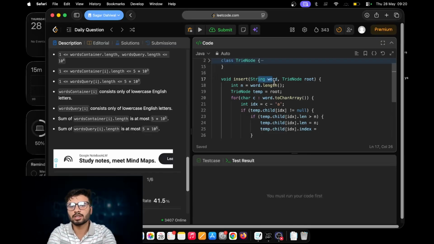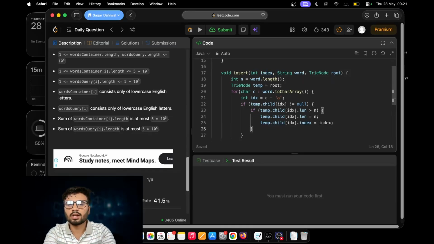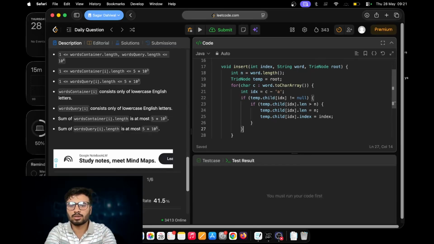So actually we need the index also, in which index this particular word is present. Okay, and in else part we actually don't have to care about it, right? So else,